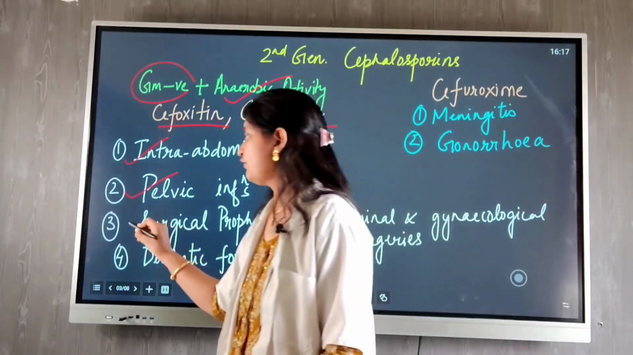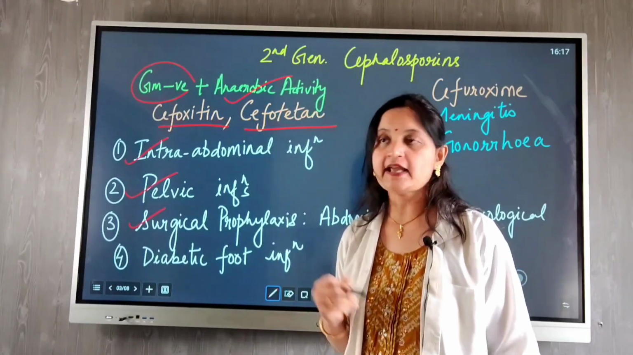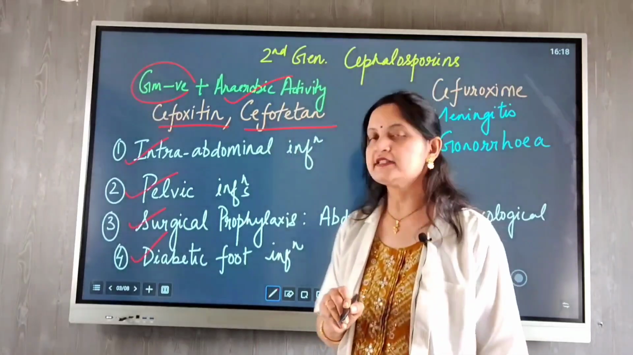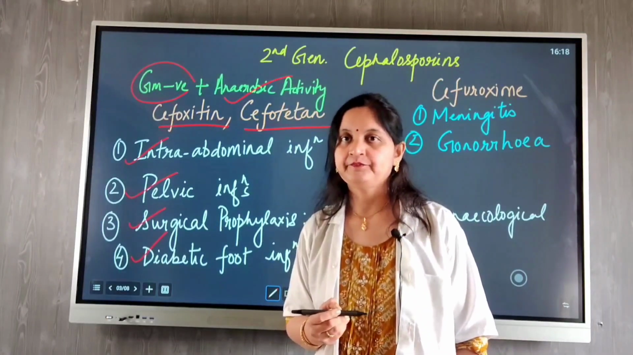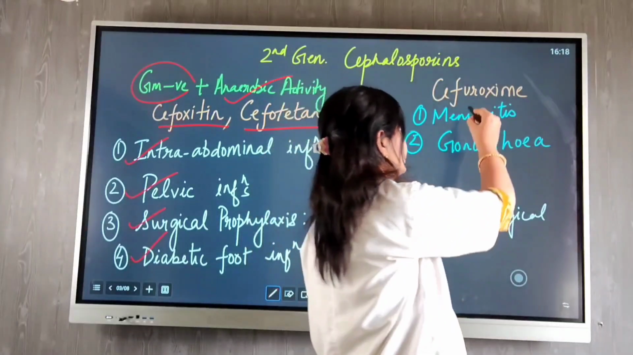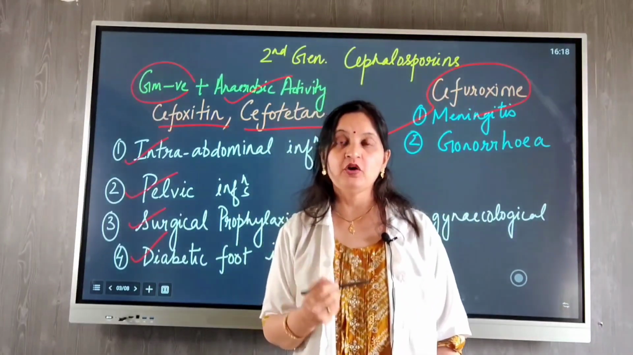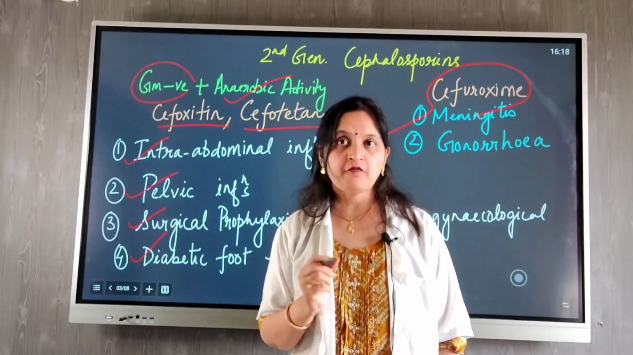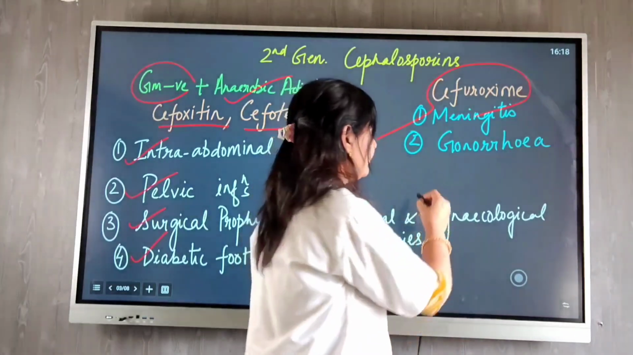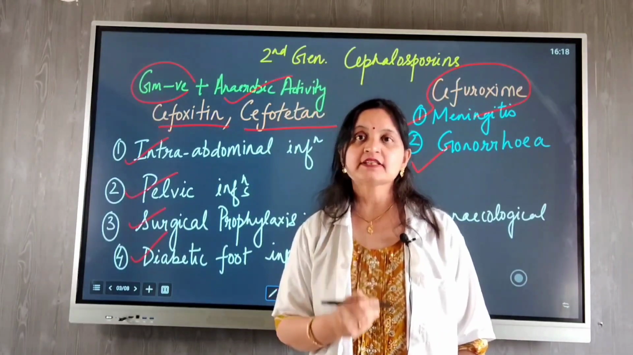Surgical prophylaxis for abdominal and gynecological surgeries can be given with these antibiotics, and diabetic foot can be treated with cefoxitin and cefotetan. Also to be noted that cefuroxime, which belongs to second generation cephalosporin, attains high concentration in the CSF, and therefore it can be used for the treatment of meningitis. It can also be used for the treatment of gonorrhea because a single intramuscular dose of cefuroxime can be used